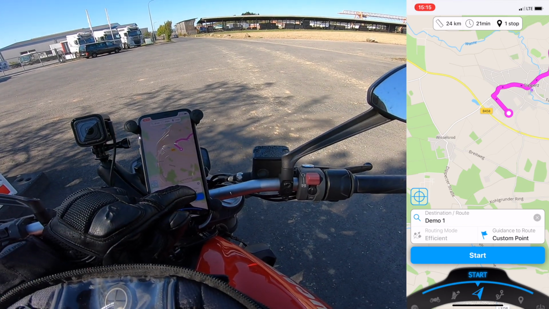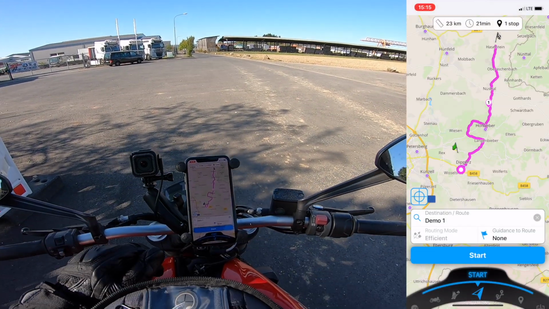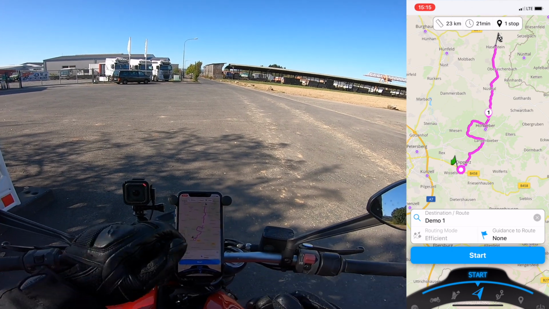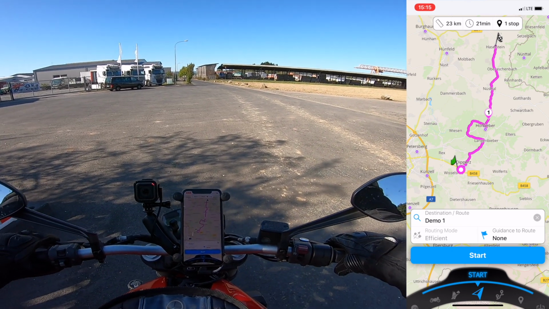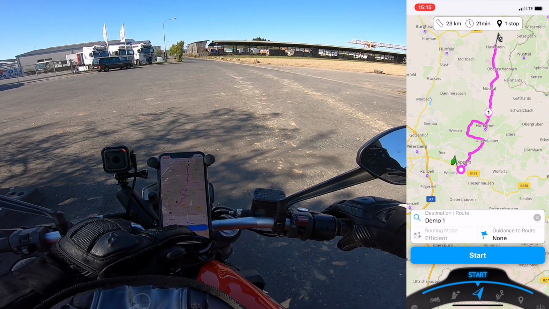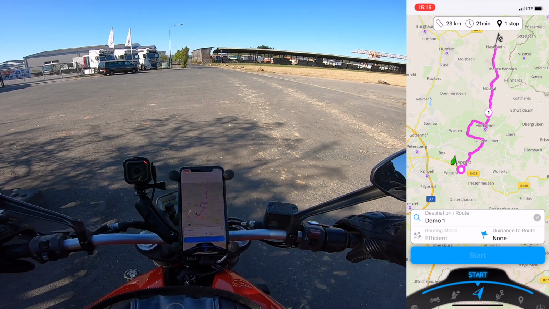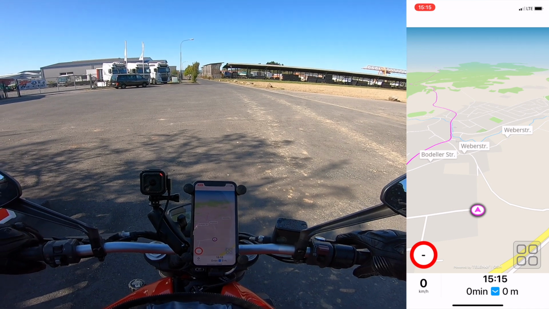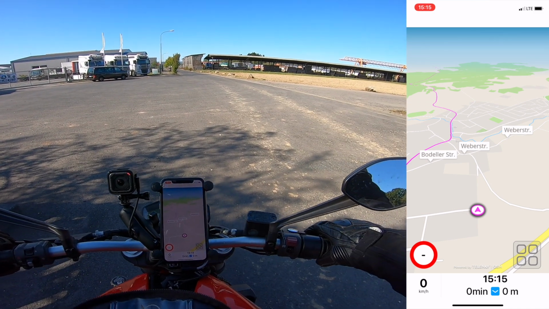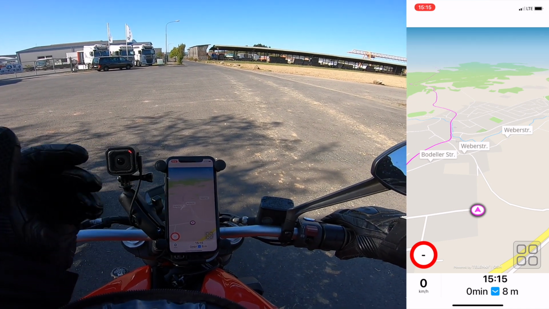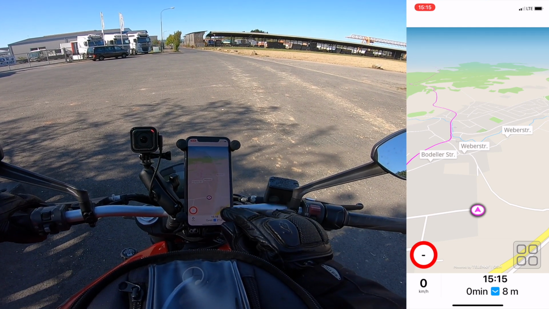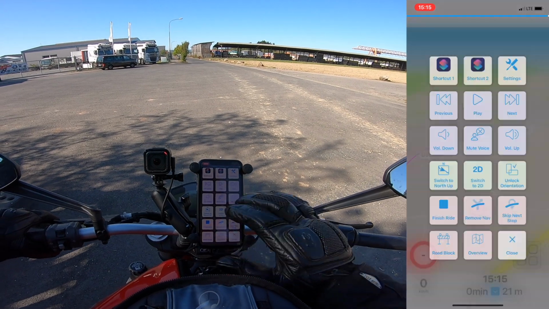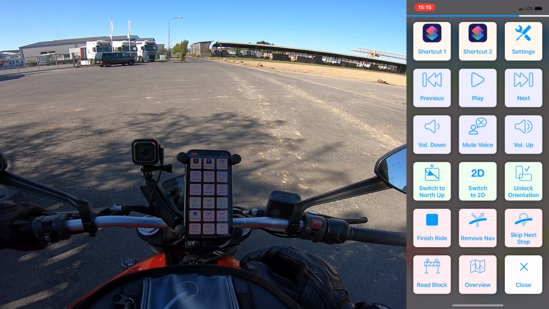But as mentioned, for the moment I want to show you that this is working. So as soon as you hit the route, then it will start the navigation. So I start this one, and before I really go on, I want to show you what options you have during the ride. So there are several tools, and the first one is this big dashboard with buttons,